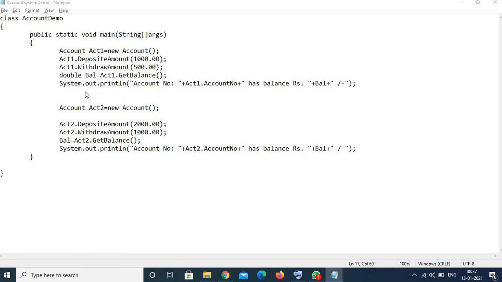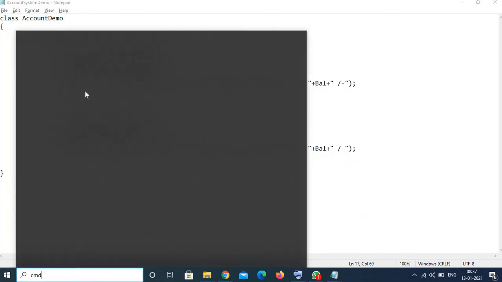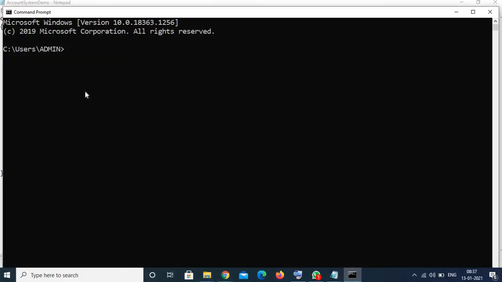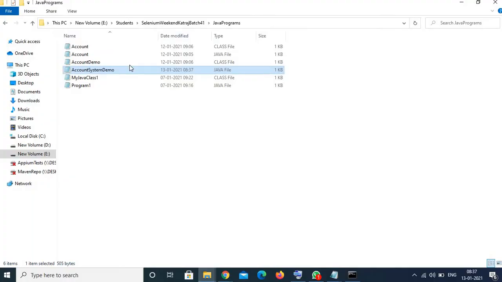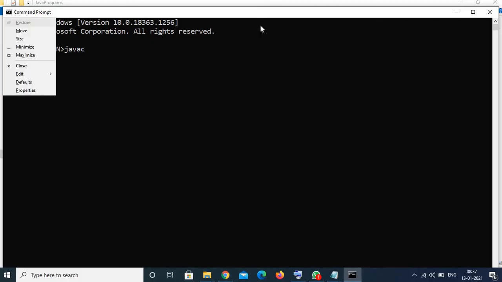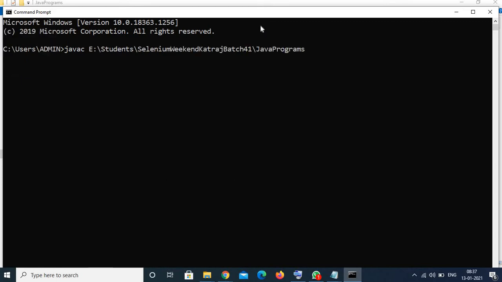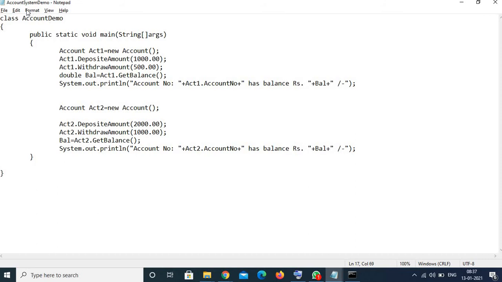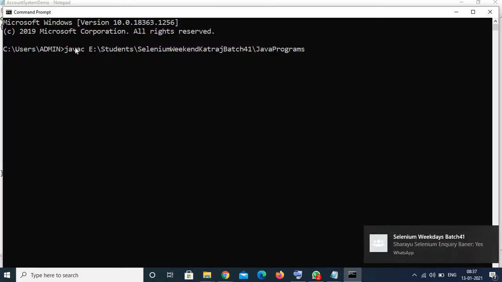So let me compile the main class because we have done the modifications there, right? So javac, and I'll compile demo.java. In order to compile this account system demo.java, we need to set the class path as we know, because this is using a user defined class account.